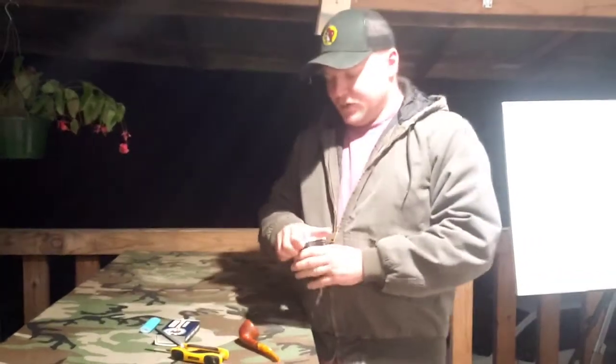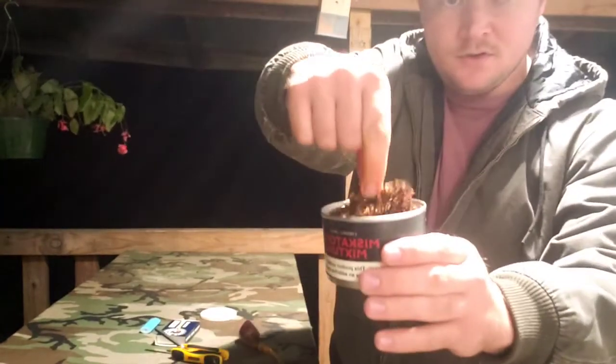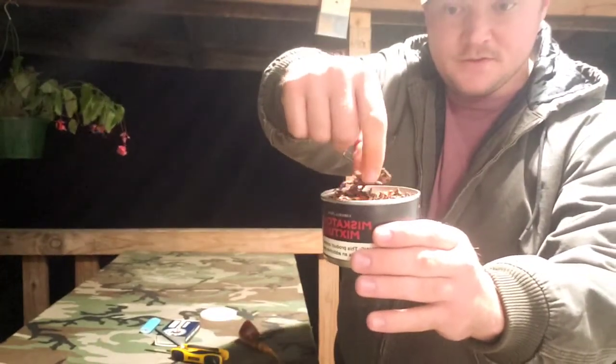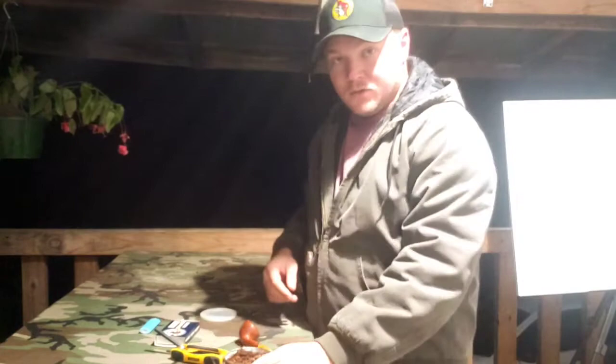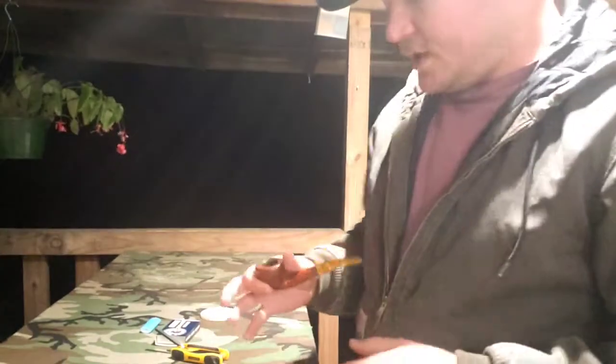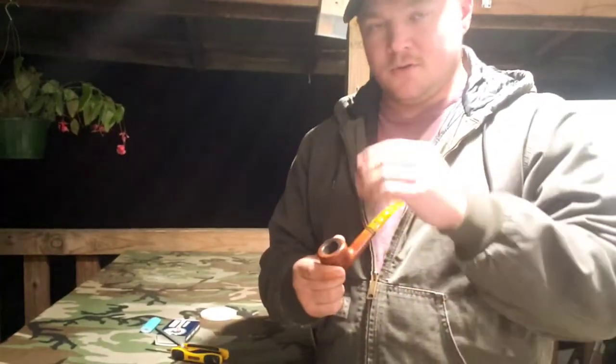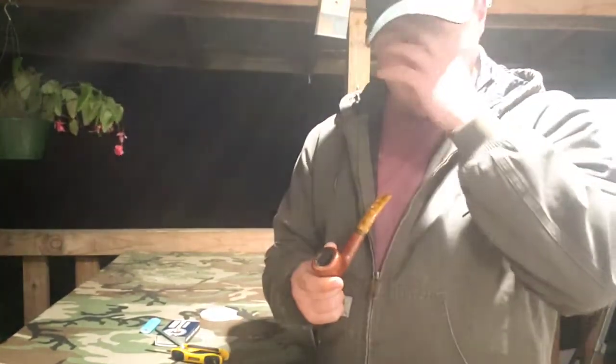Char cloth, but I'm just going to stick with the loose tobacco, okay? That's actually a bit of a straw there. Okay, so I'm going to put that here. Now, what I want you to keep in mind, when I'm loading my pipe, I load, tamp, and with that